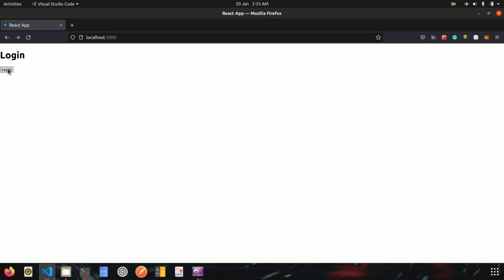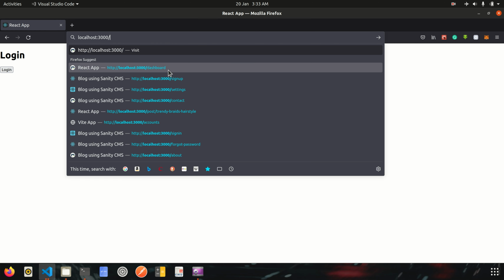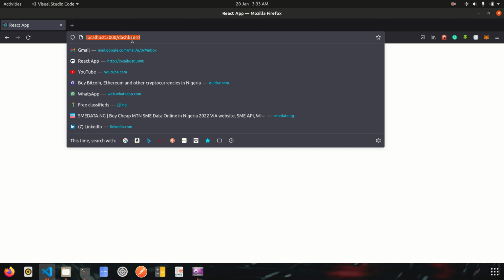Now if you click on the login, it logs us in, and then it shows the dashboard here. If you click on the logout, it takes us back to the home page, and if we try to access that dashboard again, it doesn't show anything, but it takes us back to this dashboard. Why is it doing that? Well,